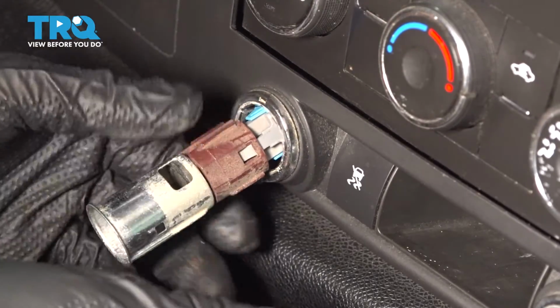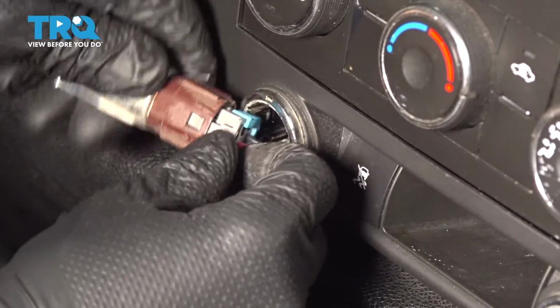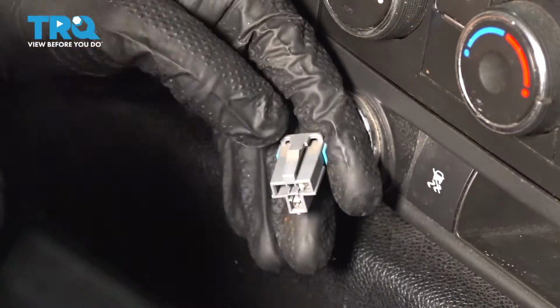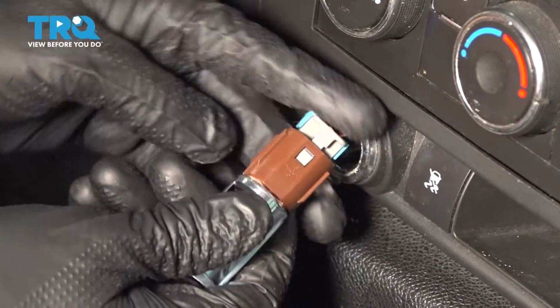Unplug it, but make sure you don't let it go because it'll go back into the dash there. So then you'll have to pop the whole dash out. Press on the tab, unplug the power outlet, take your new one, line up the connector, make sure it clicks,